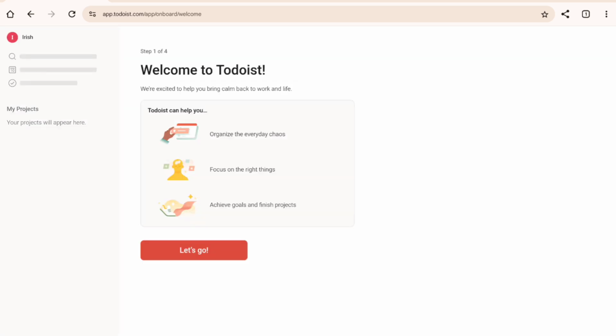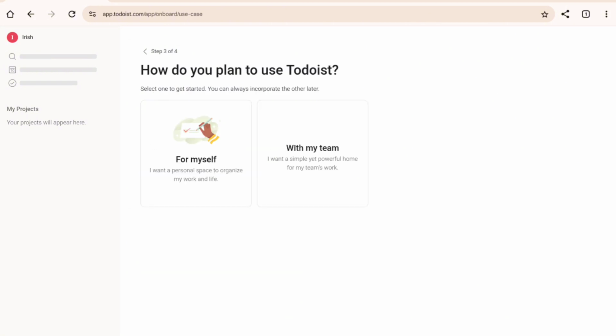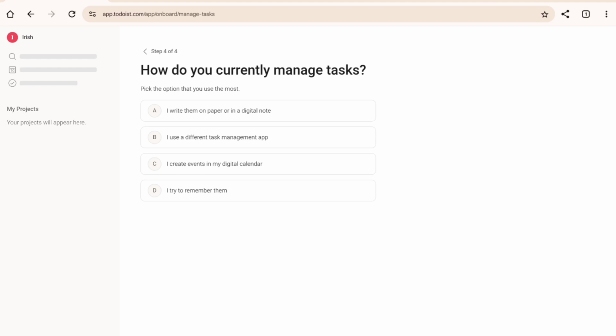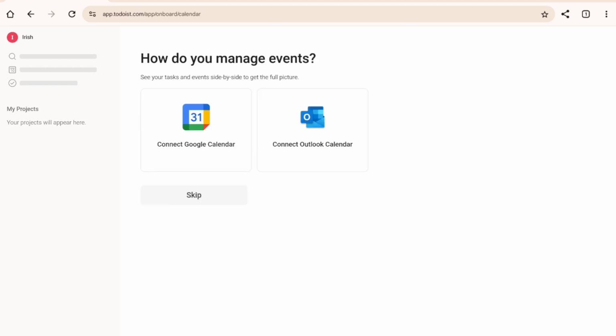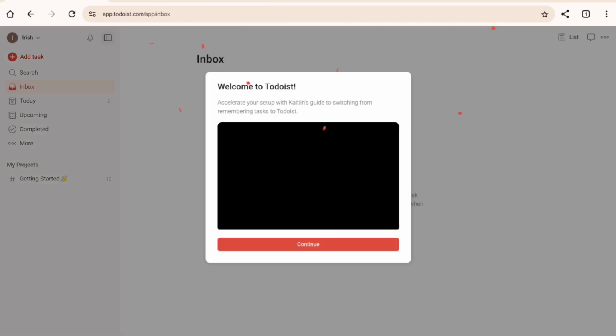As you can see in here, you can go ahead and find this. So simply set this up first before you can proceed on creating your template on Todoist. These are actually just general questions of how you want to use Todoist. So simply skip this first, and then you will be able to proceed to your home page or your dashboard on Todoist. Simply click on that skip button, and then in here you'll need to click on that continue